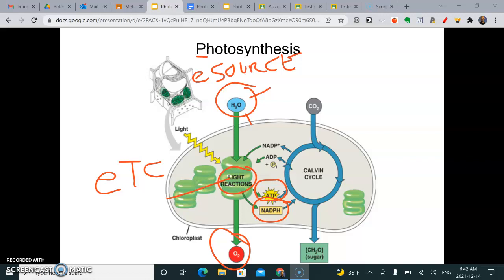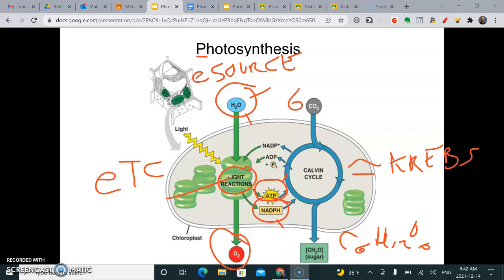The electrons in NADPH and the ATP generated by the light reactions are used in the Calvin cycle to combine 6 carbon dioxides into a glucose. This is kind of analogous to the Krebs cycle. This happens in the stroma of the plant, almost like the cytoplasm of the plant, like the matrix of the chloroplast. Okay, just like in the mitochondria, the